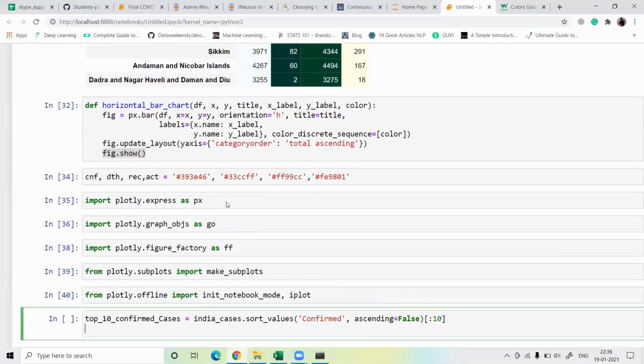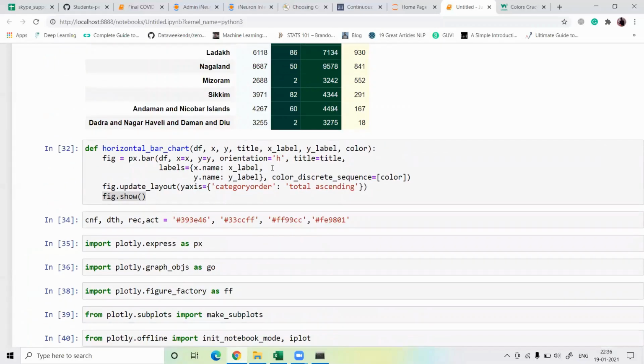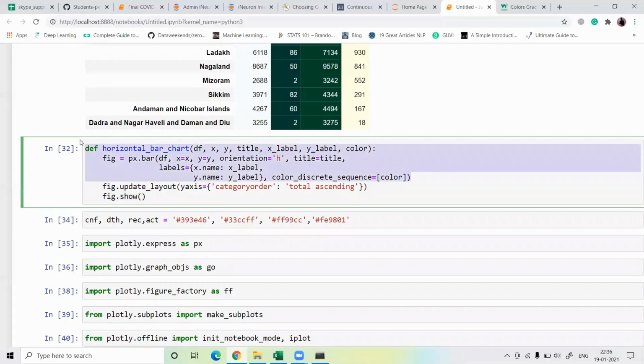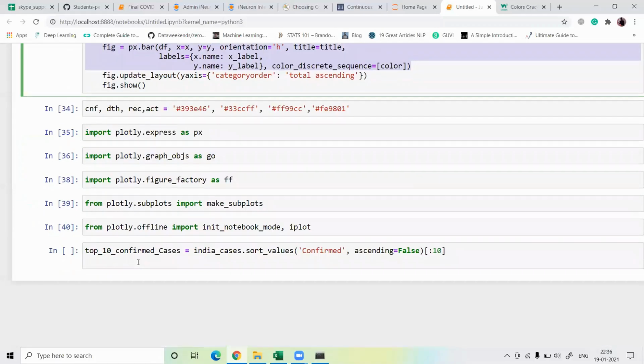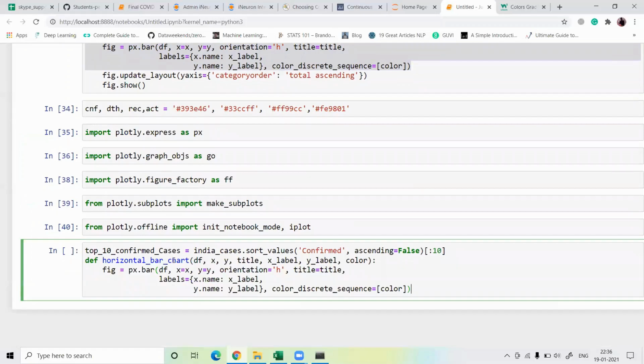Then after that, the horizontal bar plot, I just copy from here, guys. Define all the horizontal bar chart, I just copy from here and remove things.